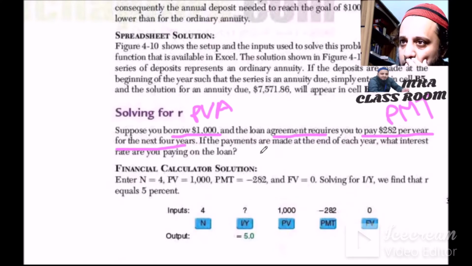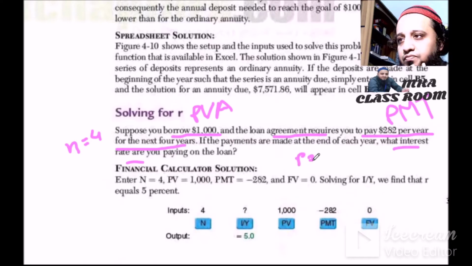So here I said per year for the next 4 years. So N should be 4. And here I said what interest rate you are paying for this amount. Then R equal to what? So if we put down this problem